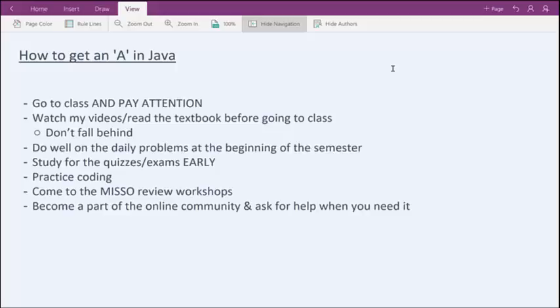So the first tip is obviously go to class. But not only go to class, make sure when you're in class, you're really paying attention to what your professor is talking about. And a lot of that has to do with keeping up with the course material. So maybe just watching these videos, or just using your textbook as a reference, or reading the slides before going to class. Just go to class and pay attention. And I mean, you should be going to class anyway because you have to do the daily problems. But once you're in class, definitely listen to what the professor is saying. That's the only way you're going to get the most out of this class.